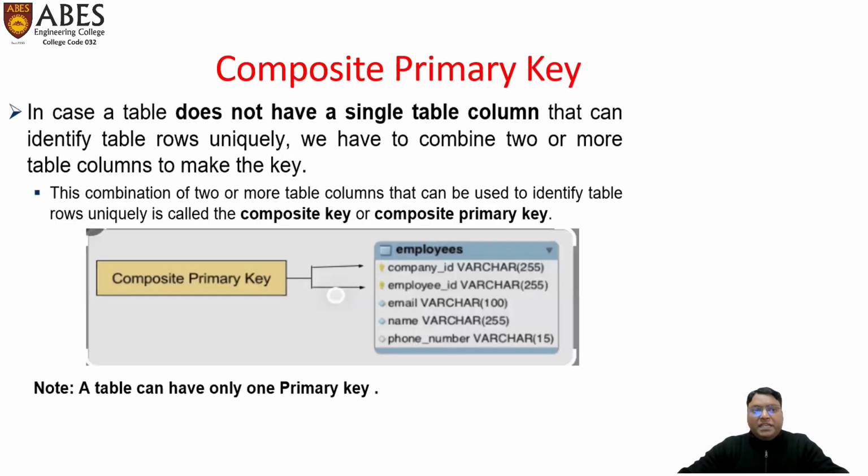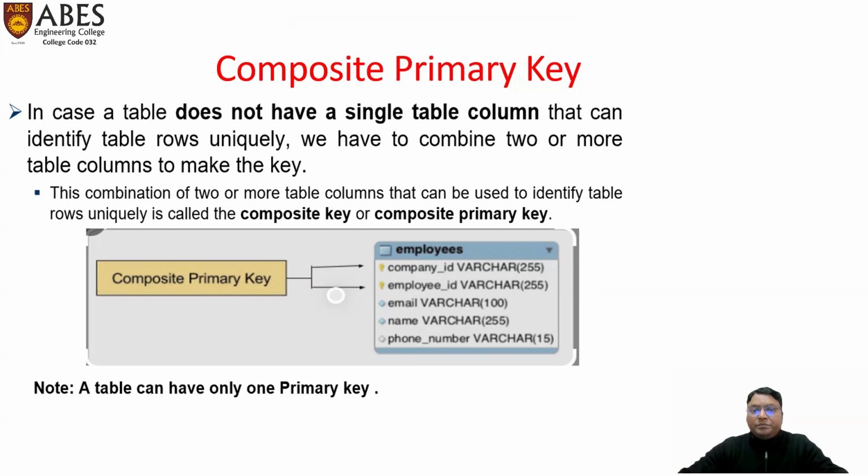Composite primary key. In case a table does not have a single table column that can identify table rows uniquely. Suppose I don't have any single column which can uniquely identify any tuple. Then we can combine two or more table columns to make the key. This combination of two or more table columns that can be used to identify table rows uniquely is called the